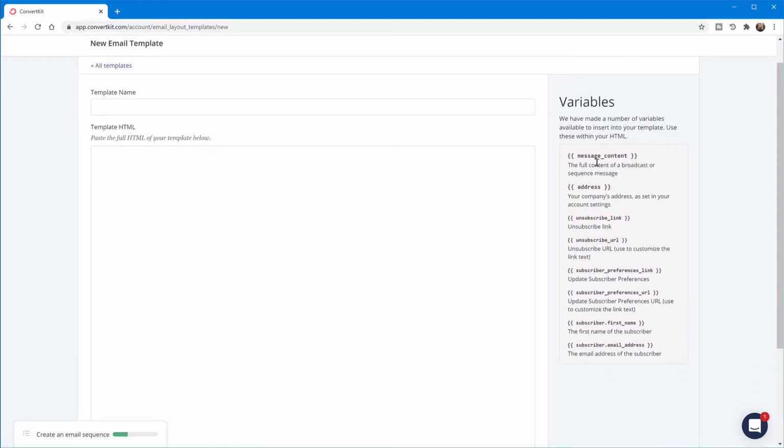I'm seeing these variables I can use, and I'm going to just give this one a name. I'm going to call it Chris Menard 1. Let's just call it like that, Chris Menard 1, or maybe call it default, just so that I know that this is one that I created myself. So next I'm going to edit the HTML content of my template, and I can paste the text that I